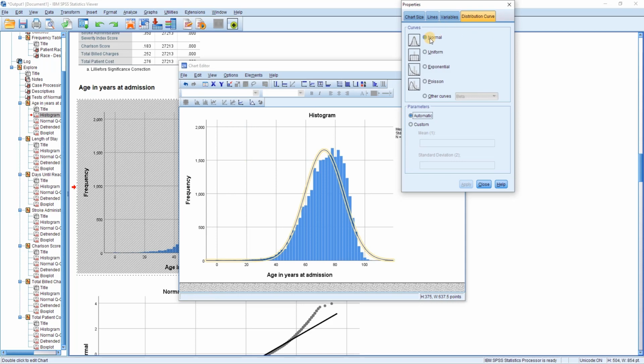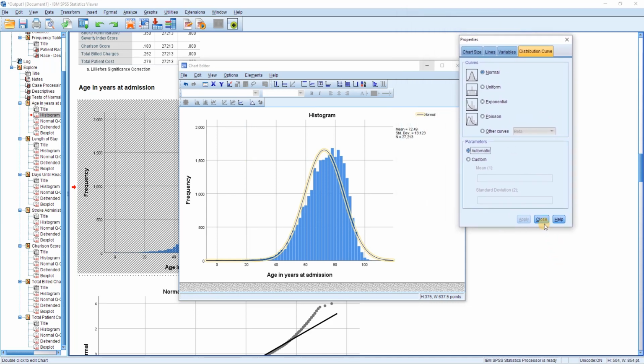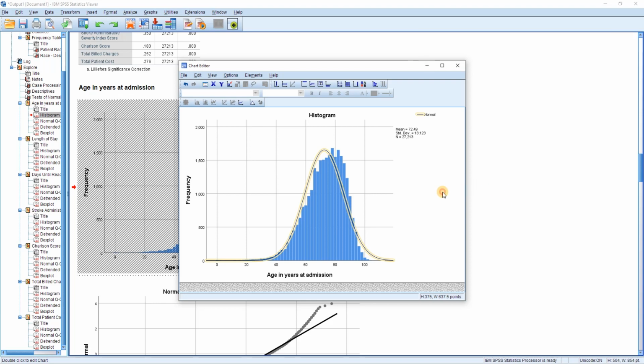Normal is the first curve, so it will already be selected and you just choose Close. Now we have a normal distribution bell to see how our histogram fits a normal distribution of this data. We can see that the age is slightly skewed,